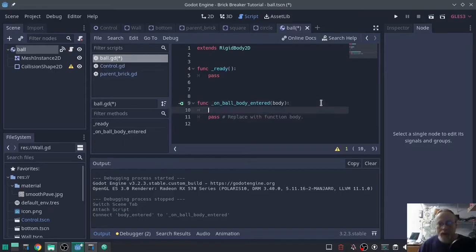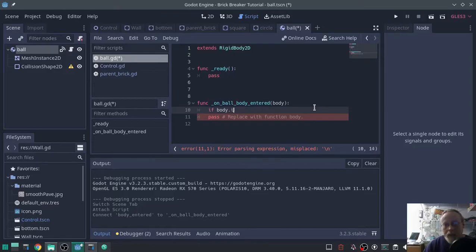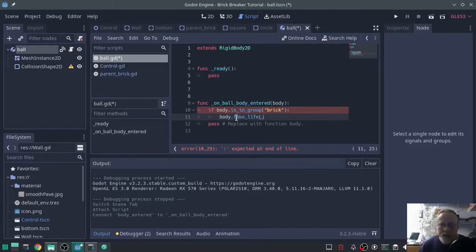So when a body enters the body of the ball, we need to look into it. So if body is in group brick, body dot take life. That's a function on the body that we hit if it's a brick,